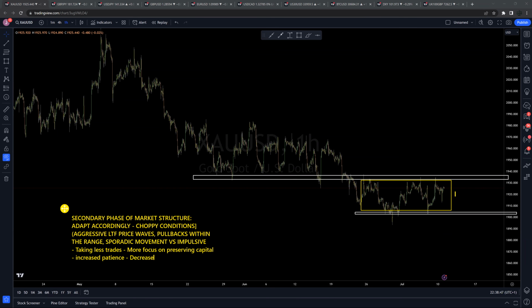Like within this range, if you take sells from the top, you should have expectations that you may come to the bottom of the range, but you shouldn't be praying that because you're in a sell, finally, that we're going to drop to 1870 for no reason, right? You should decrease your expectation.